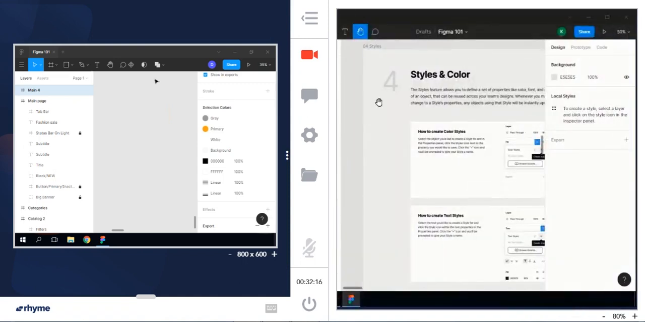Hi, welcome to task 4 of Figma 101. In the last task, you learned a lot about components. You learned how to create them in several different ways. You learned how to create a style guide on a separate page. And you also learned a little bit about how to